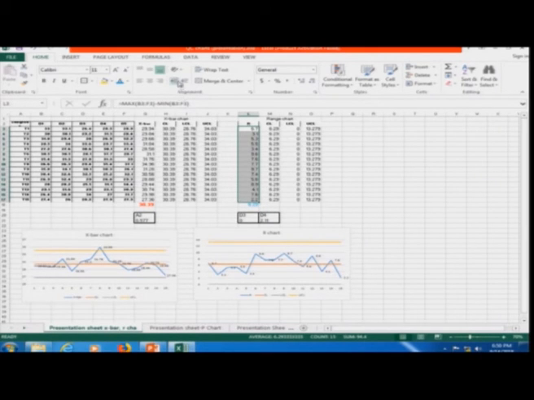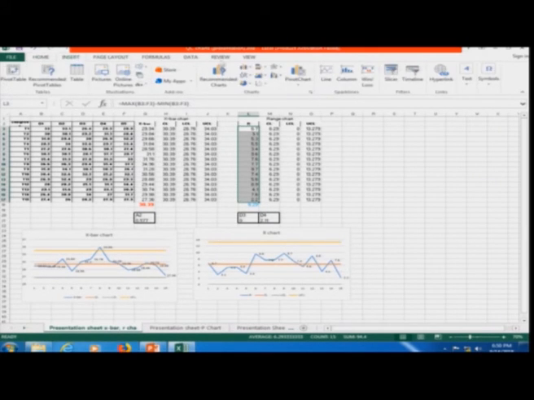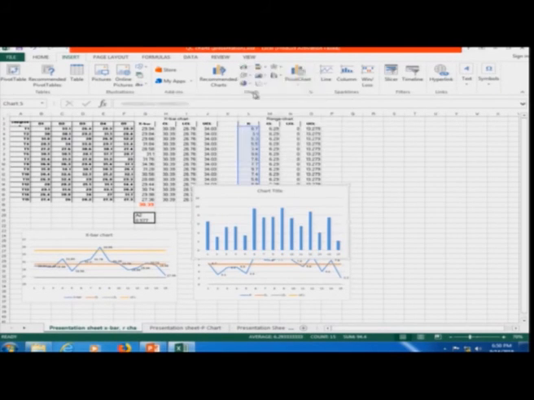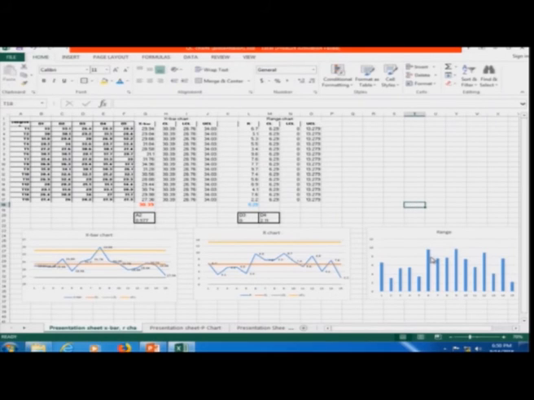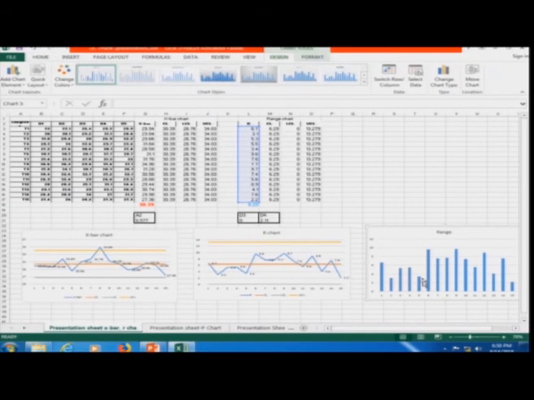Okay, I will plot the bar chart to see, okay, this is range. Now it is showing that the range is minimum in the 15th subgroup, that is the last one, okay, and range is maximum or very close to the two can be comparable, the 6th and the 10th.